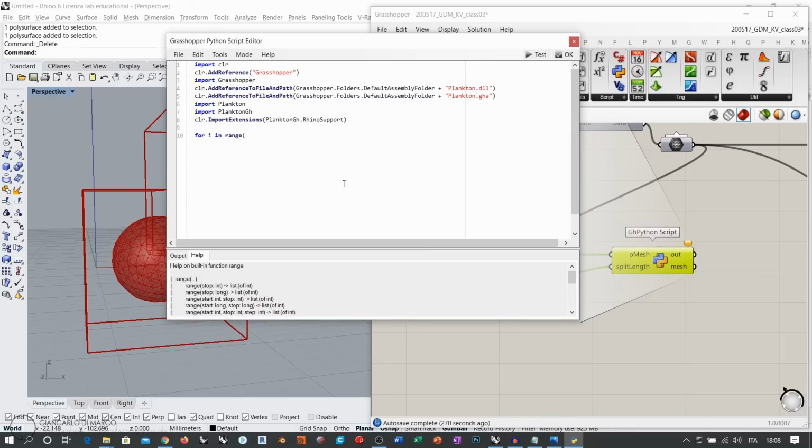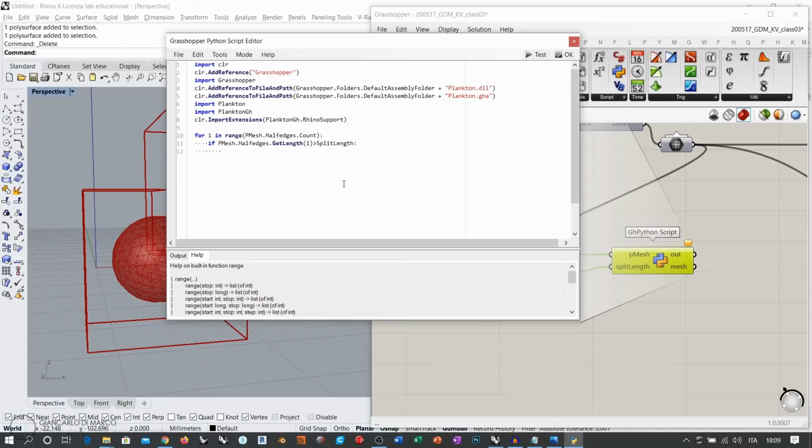So we have the pmesh.HalfEdges.Count. So we are counting the amount of half-edges, and we want this cycle to run through each of these edges, and we want to analyze that if the mesh.HalfEdges.GetLength of this half-edge that you are analyzing, GetLength of i,